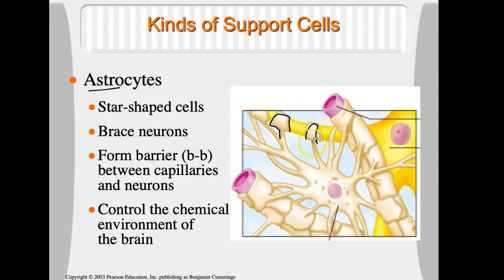And not only do they do that, but then they're going to reach out on the other side here and they're going to wrap around, what's this red one? This is a vessel. This is a little capillary. So at one end, it's wrapping around the neuron. At the other end, it's wrapping around a capillary. What in the world is it doing? Why is it doing that? Well,